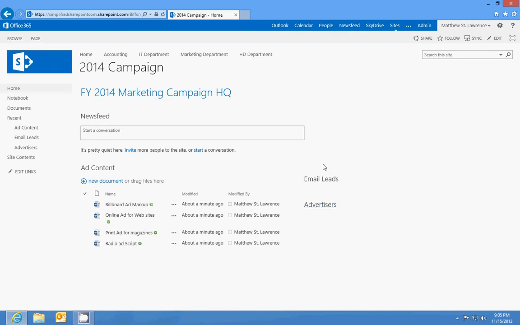Perfect. Now, of course, I'm not a Picasso here. I'm not putting a whole lot of effort into how this looks, but you can see how you can modify all the text with headings. You can add web parts. You can remove them. You can create lists. You can create libraries. You can create out-of-the-box content, or I'm sorry, out-of-the-box apps. You've pretty much got a good handle on how SharePoint works at this point if you've followed through all the